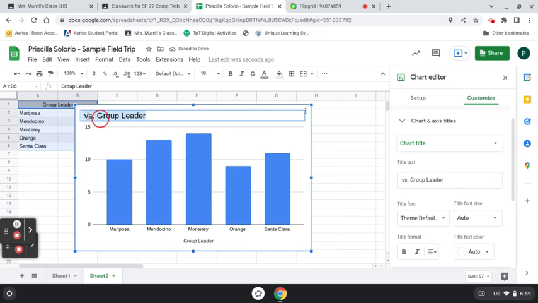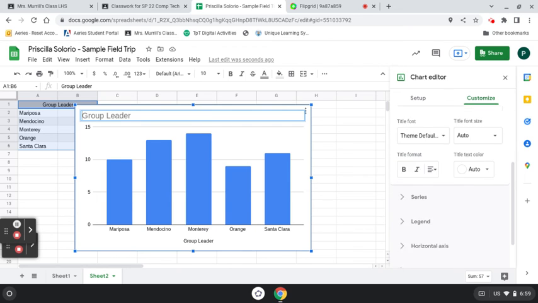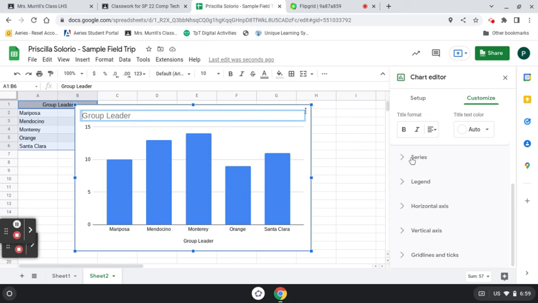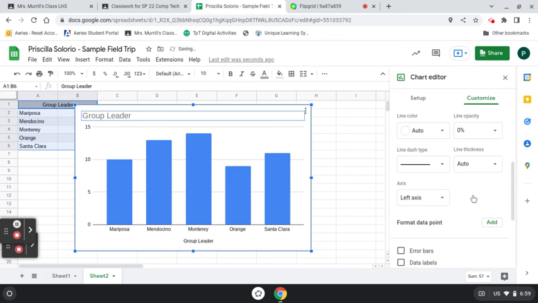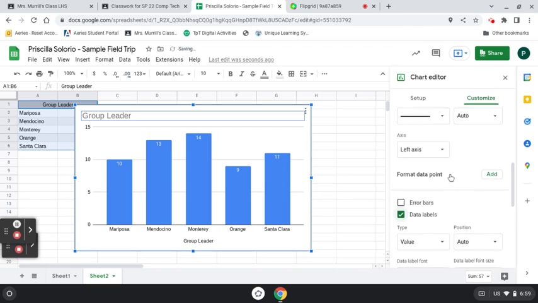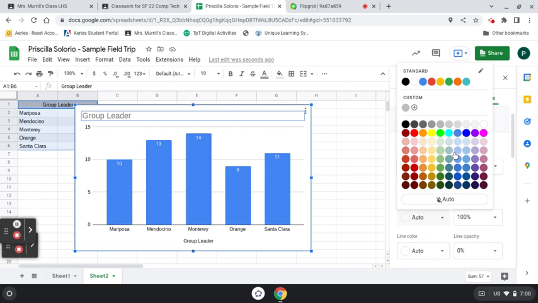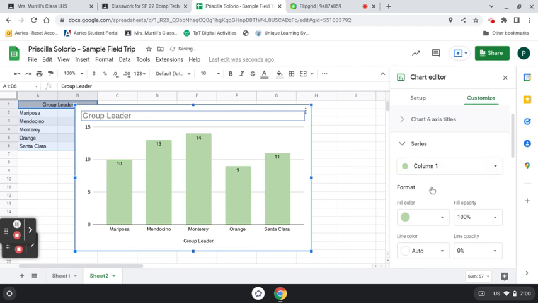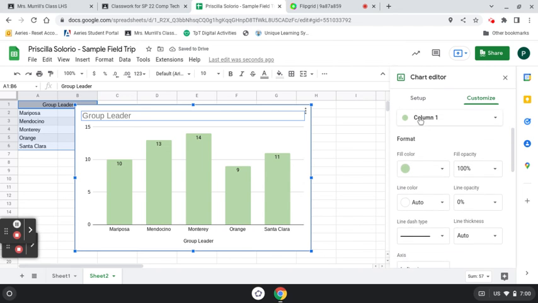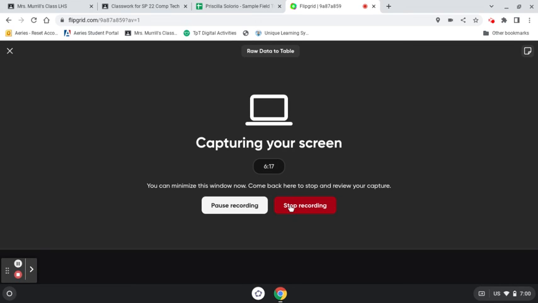Again, please don't leave it as versus group leader. Give it an actual title. Again, I don't care if you have them do it as a column, bar, pie. That's up to you. But you do need to change the series or whatever, depending on which type of chart you used, and make sure it has data labels. While you're at it, go ahead and show them how to add some color so it's not so boring. Do I care which one you pick? No. And once you're done, head on back to FlipGrid and